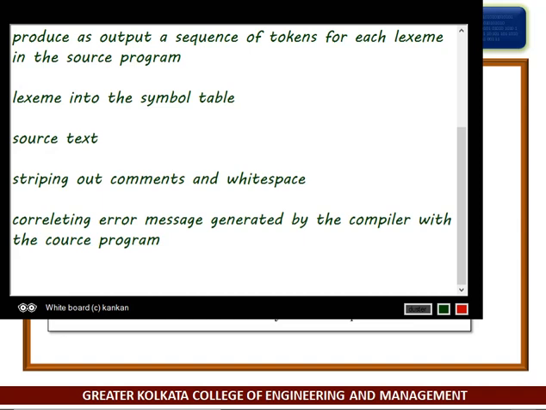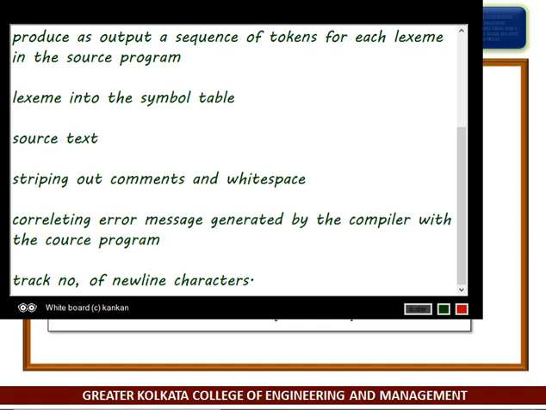For instance, the lexical analyzer may keep track of the number of newline characters seen, so it can associate a line number with each error message.